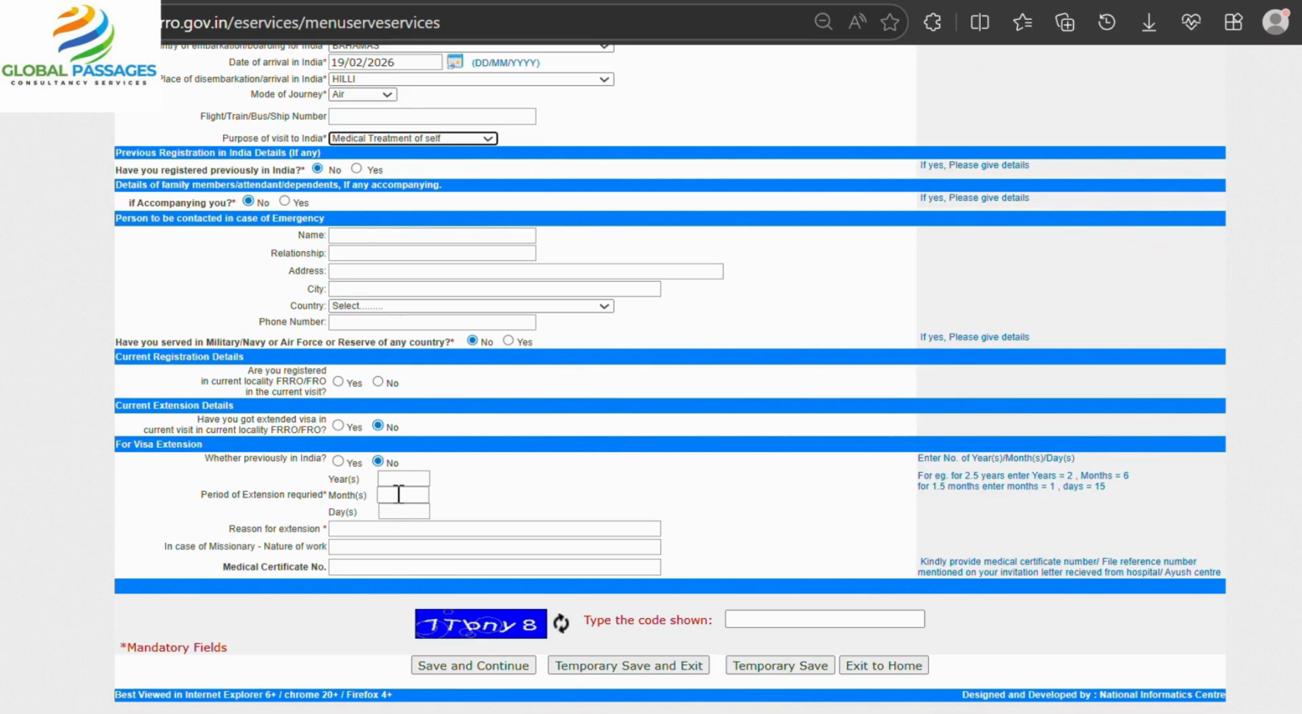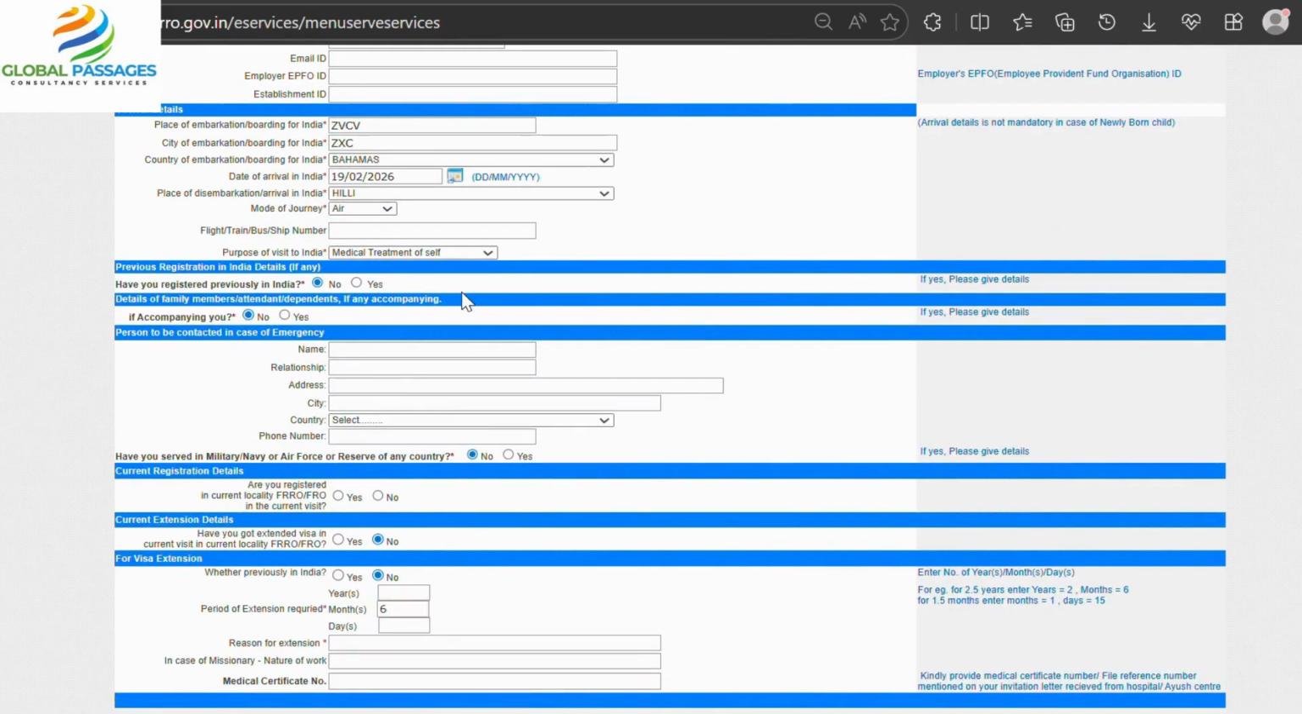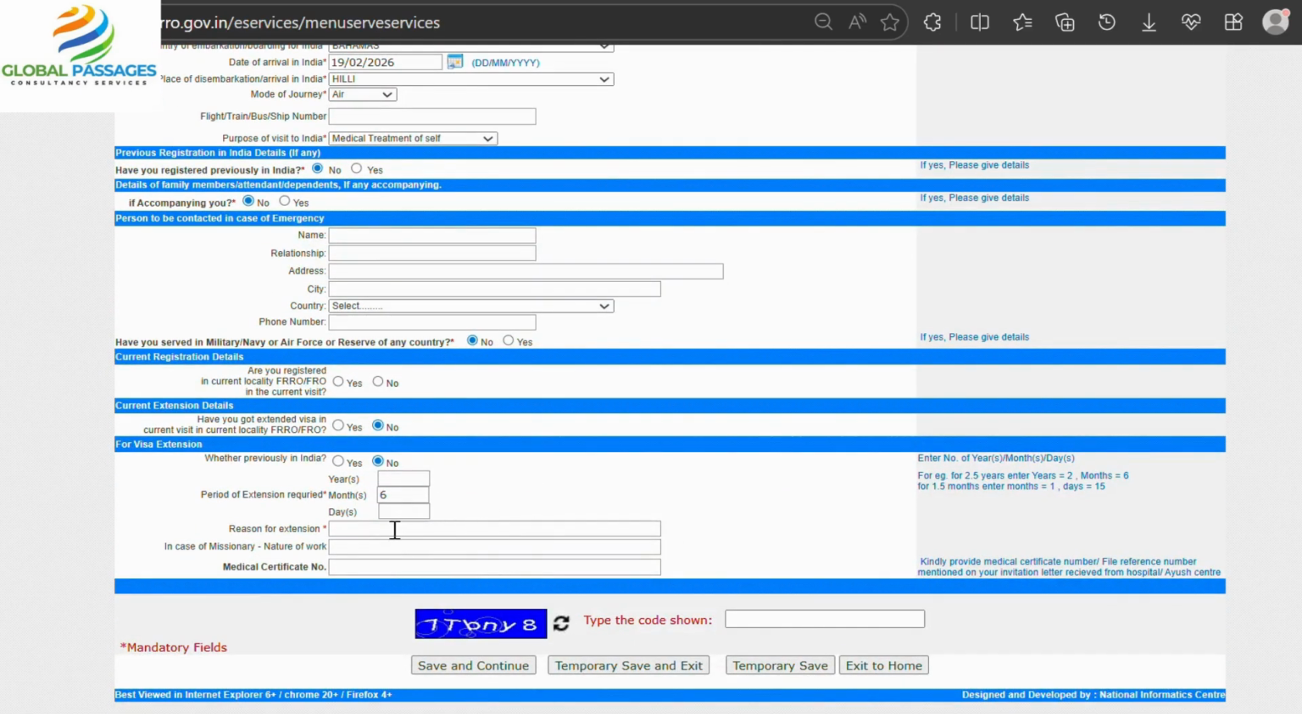Then how many months you require. Suppose you require 6 months, so I need to mention 6 months. While applying, please apply carefully. And for the reason for extension, you can write medical. And after that, just hit